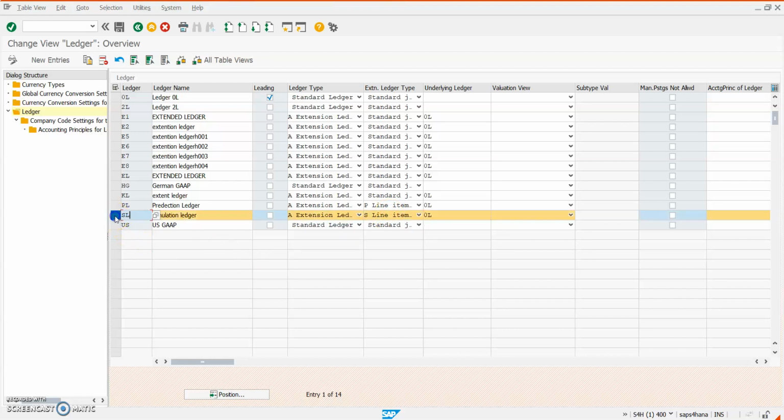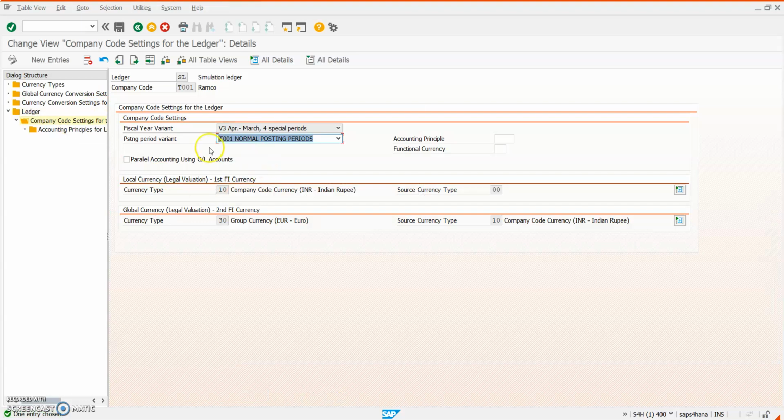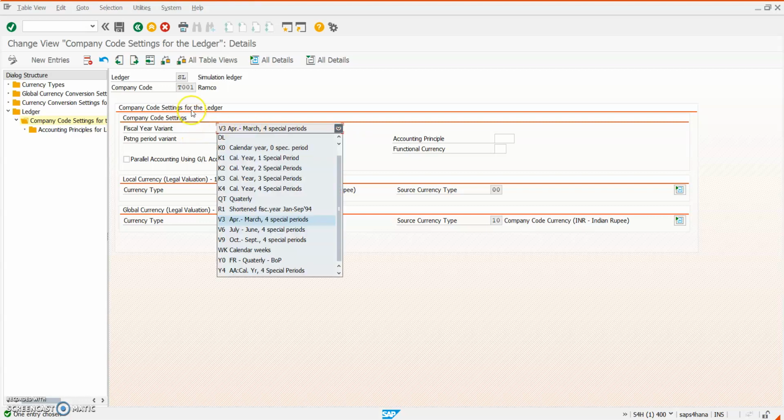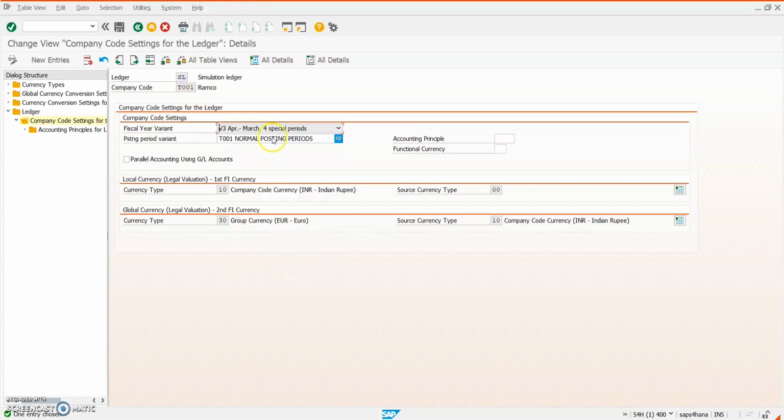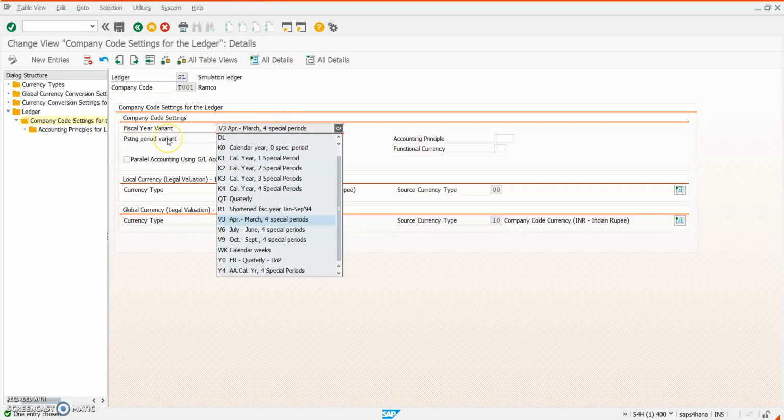This simulation ledger is used in the foreign currency valuation. When I go into the details of the simulation ledger, here we can see the posting period variant. This posting period variant can be different from the normal posting period variant. The fiscal year variant which we assign to the company code is the same one we have to use for the simulation ledger. There is no option to change the fiscal year variant for the simulation ledger.